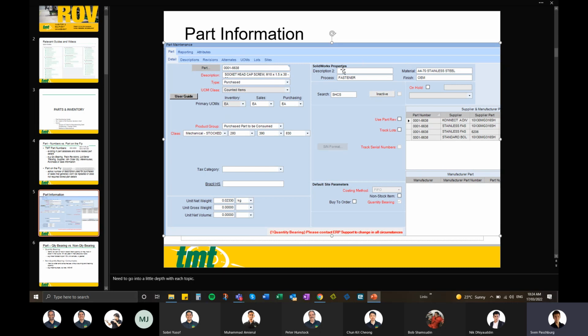On the right here, there's some SOLIDWORKS properties. You'll be familiar. Description 2, material, finish, and process. Material is probably the most important one out of all of them. It stipulates what the material is. It could be 316 stainless steel, A470 in this case. It could be mild steel. It could be aluminium, 6060, etc., etc. Right? So these are the different material types